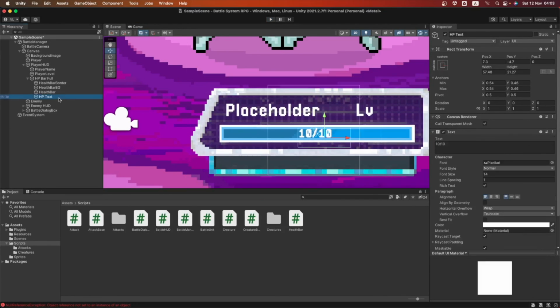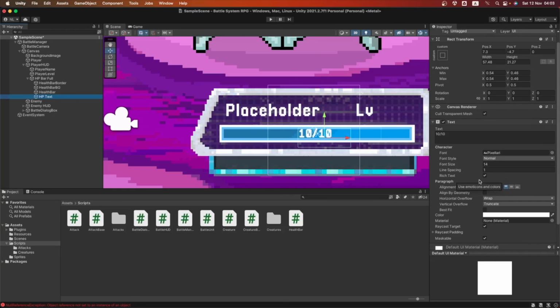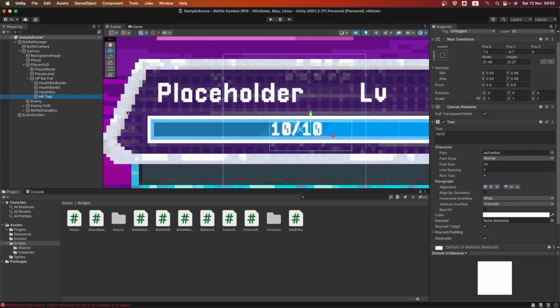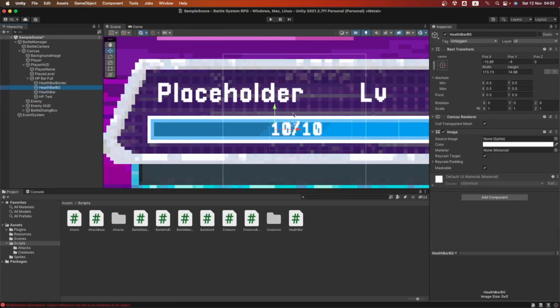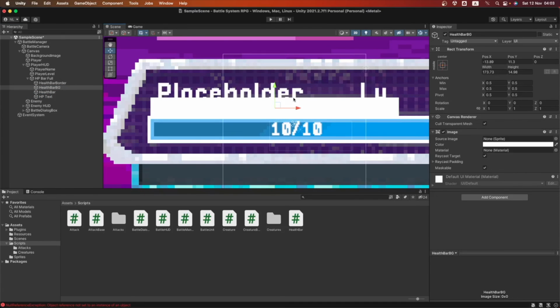So we've got to fix that. Let's select this text and see if we can add some type of stroke. No, we're not going to add a stroke. That looks funky. Let's better add a health bar background.